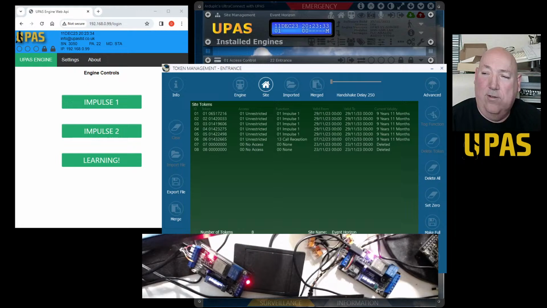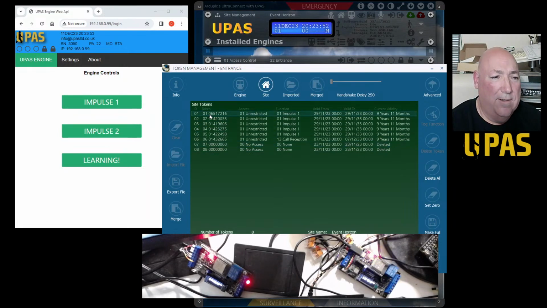It'll extract just the data it wants and send it via the Wiegand over to your controller, which will read it as data, basically like these numbers here. See these numbers?